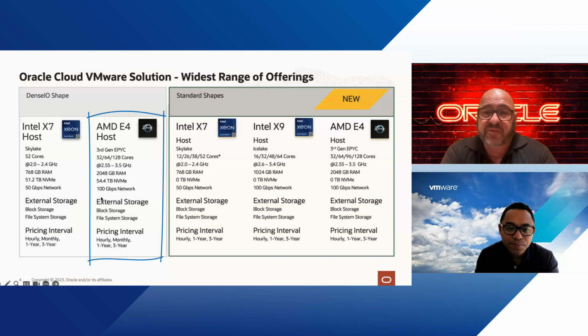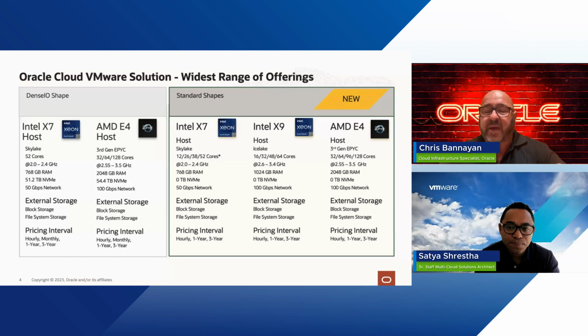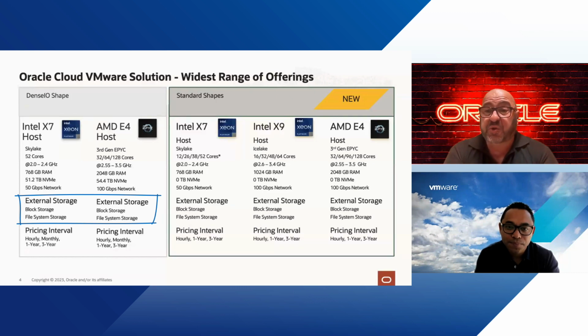Right. These came as vSAN, so these were vSAN configured customers, right? Because they had local NVMe storage, we would use vSAN to configure that and then increase the vSAN pool as we added more cluster nodes to the environment. Your vSAN pool would increase. But we can also add block storage to that. If you just needed to increase your capacity on these nodes, there is no need to put another cluster node with more CPU and memory. You just want to add more capacity. We just configure OCI block storage, attach it to these nodes, and create a new data store using those block